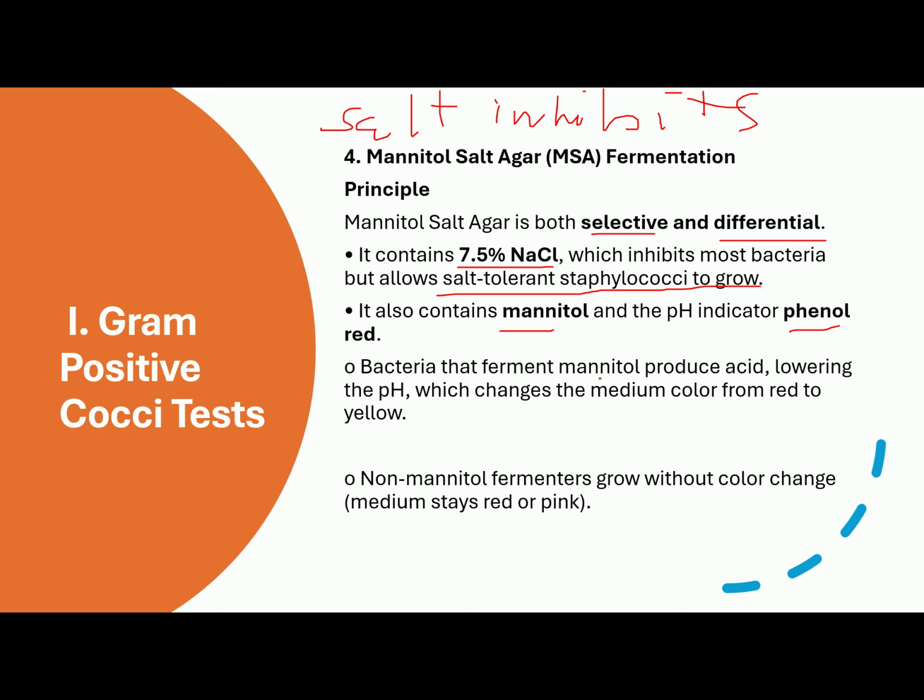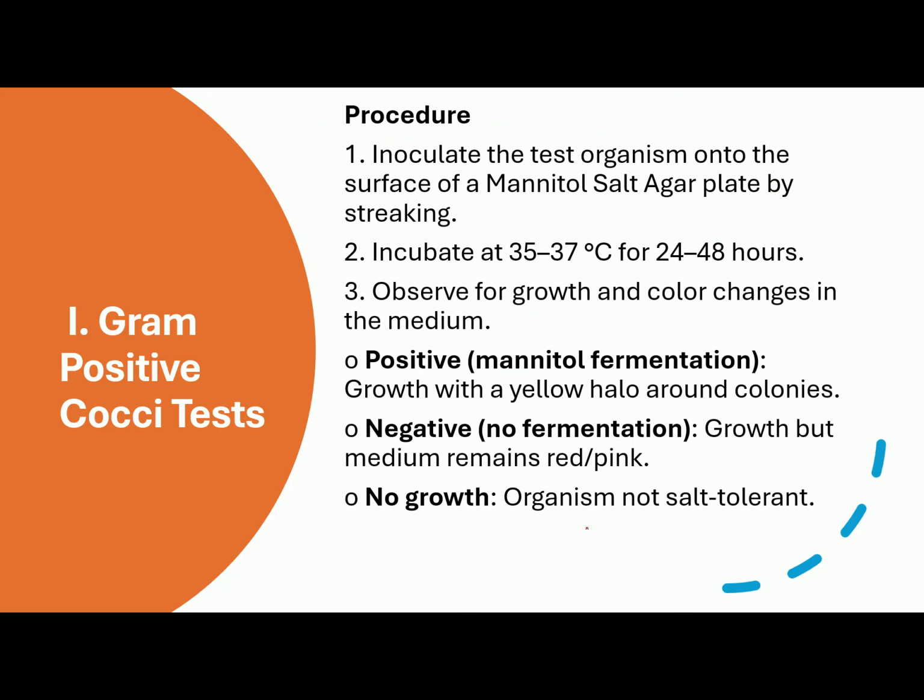Bacteria that ferment mannitol produce acid, lowering the pH, which changes the medium color from red to yellow. Non-mannitol fermenters grow without a color change. The medium stays red or pink. Here's the procedure, class. Inoculate on MSA, incubate, observe for growth and color change. If the colonies grow with a yellow halo surrounding them, it's positive,